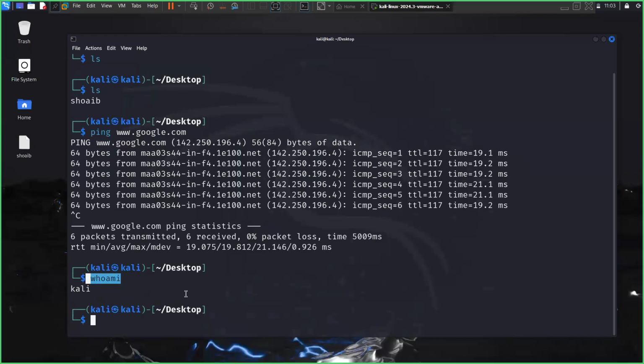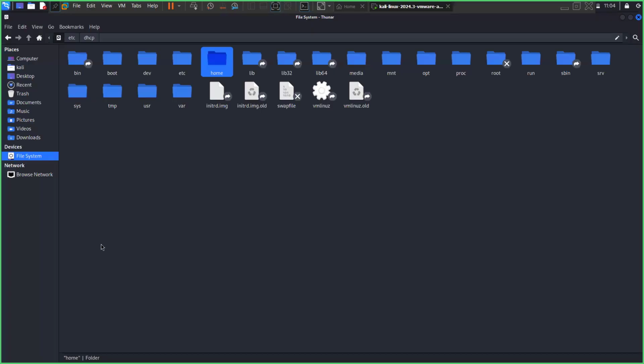And I'm right now currently logged in as a user called Kali. Okay. And Kali, please note, is not the primary user, guys. He's just a secondary user. Okay. And all the personal files of secondary users are stored in the home directory. Okay. So if I go back to my file system here, if I open up home directory here, you can